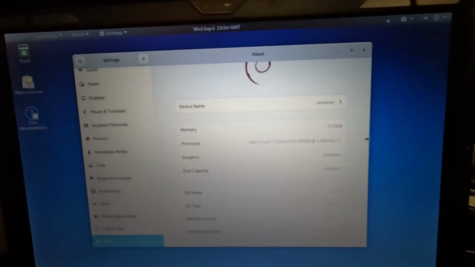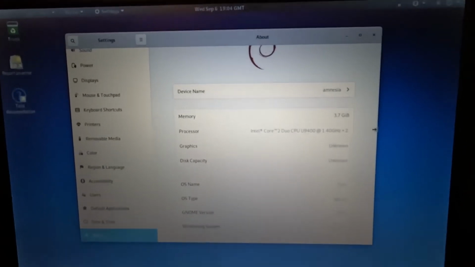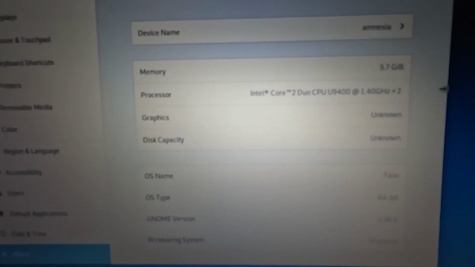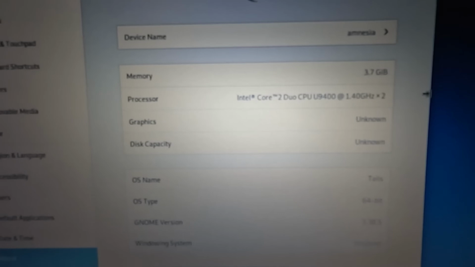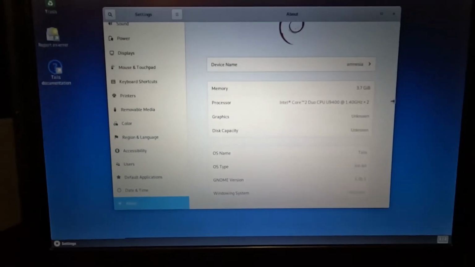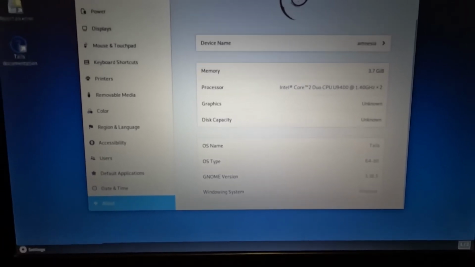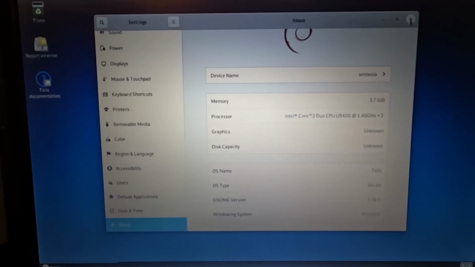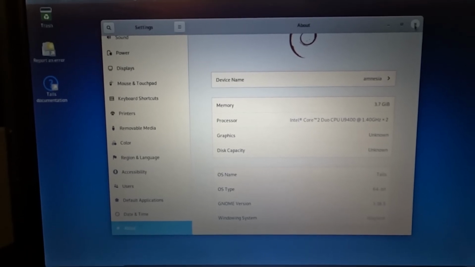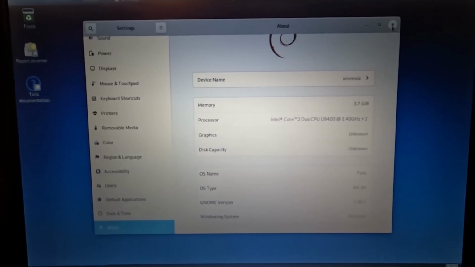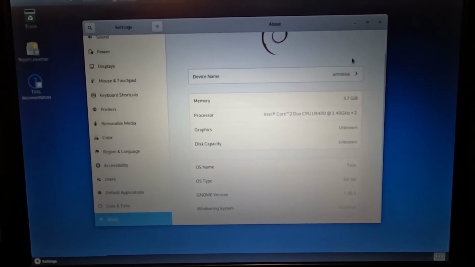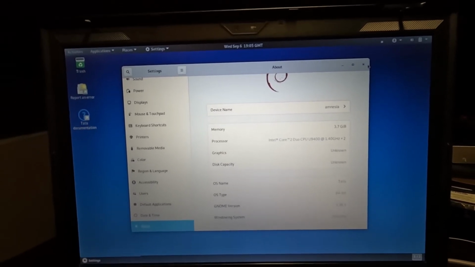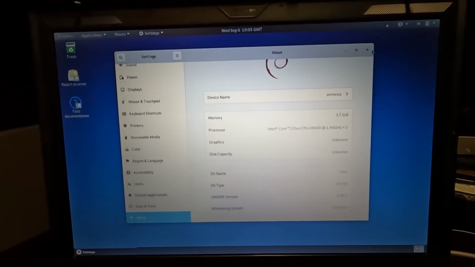You can also see here in my system overview that this is just a Core 2 Duo 1.4 gigahertz, and it's only got 4 gigs of RAM. So this is obviously a very low spec system, but it is able to run Tails. And honestly, as far as very private, secure, and anonymous systems go, Tails is probably the only one you can really run on a computer like this. I don't think you would have a good time running Whonix KVM, since that's going to require you